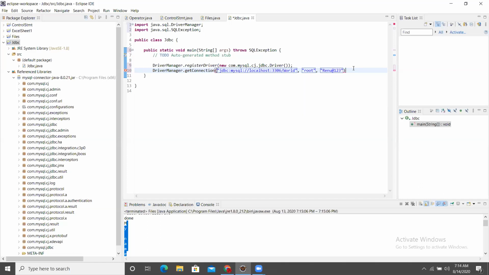Semicolon at the end. This getConnection method is going to return something, right? So you have to hold that object in some variable, declared in the same line where the method returns. What kind of variable?